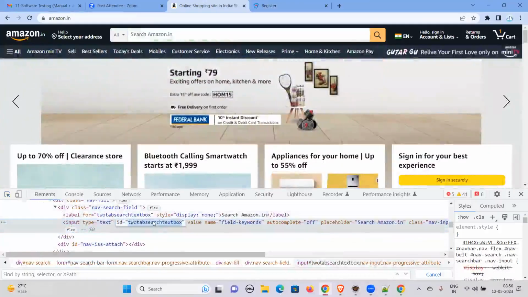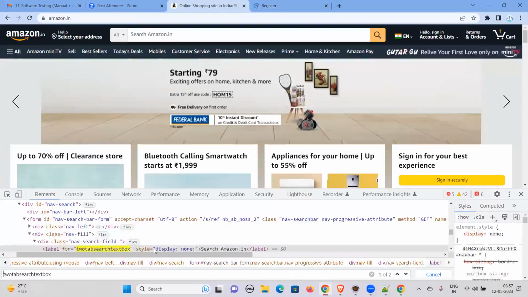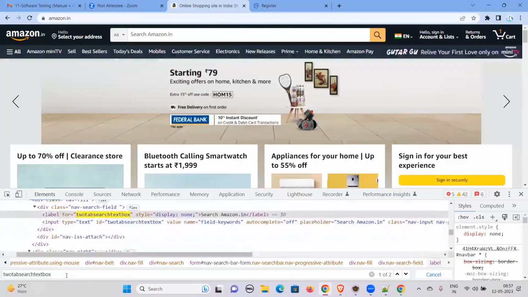So what is that ID we have? We have ID. So what I'm going to do is ID equals to something here. If I just put this ID, here you see we have multiple things: one is ID, another one is text. So we'll try to identify with the help of ID. If we are able to identify that with the help of ID, then we'll see ID is equals to... or else directly you can use this one. So when we say tab, now we are able to identify, we have two